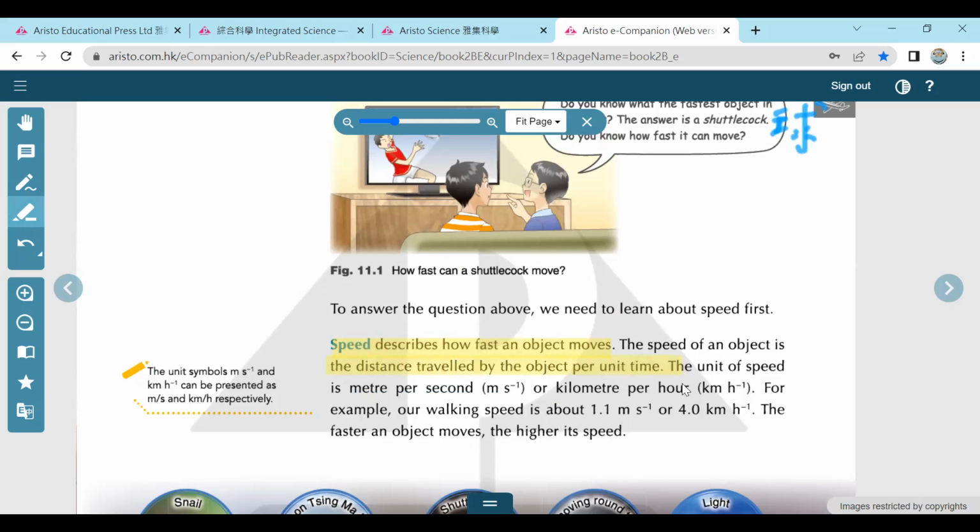So the speed of an object is the distance traveled by the object per unit of time. The unit of the speed is the meter per second, the kilometer per hour, km per hour, or m/s. It's basic knowledge. For example, our walking speed is about 1.1 meter per second or 4 km per hour. The faster an object moves, the higher its speed. 當你話嗰個物件好快速咁移動嘅時候咧，佢個速度亦都會快嘅喎。